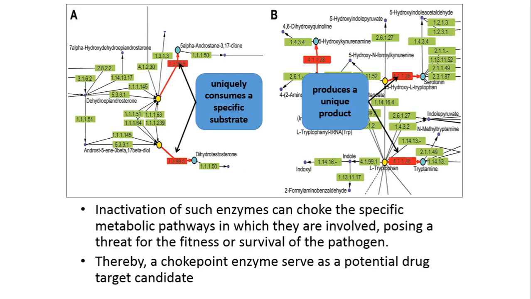So inactivation of this enzyme or this enzyme would eventually result in disruption of that metabolic network. So now let us consider what would happen to the metabolic network if you stop this